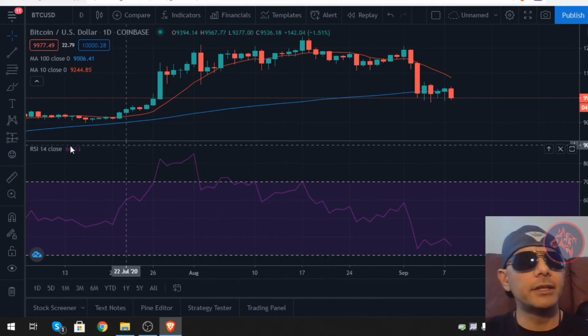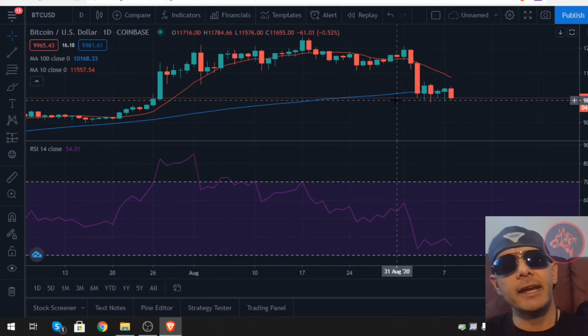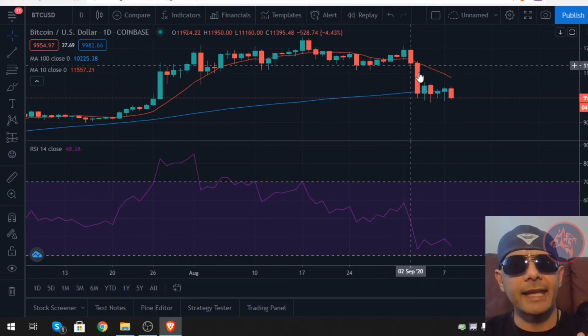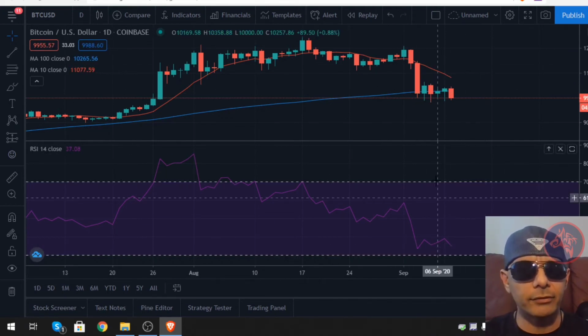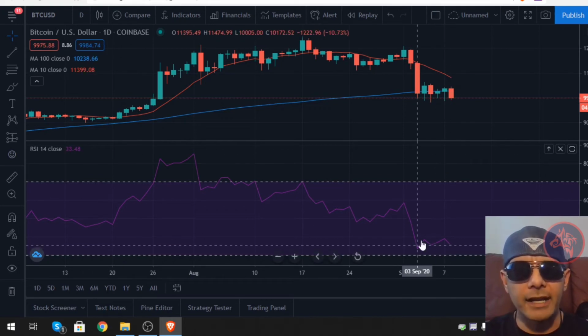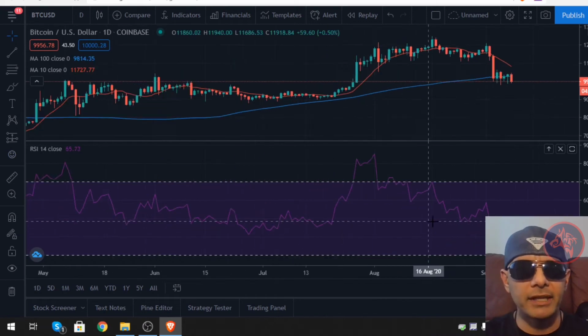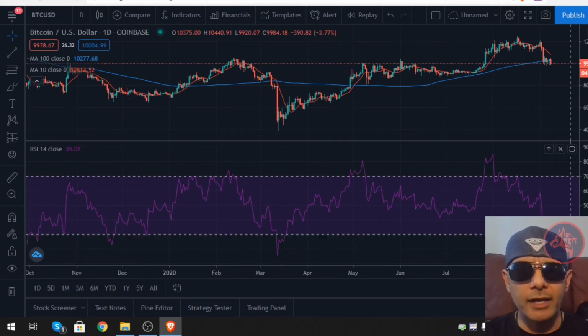Another thing I use is the relative strength index. The first things I look at are the 10 MA, the 100 MA, obviously the candle language of what's going on, and then my relative strength index. As you can see on the relative strength, it is down here at like 34, 35 right now. It's kind of just going sideways after it took the big dump. And if you look back here, the last big dump that actually went under the 30,